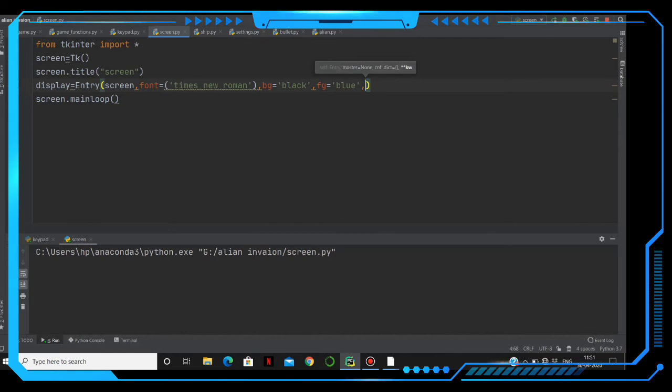And then we have to create justify here. Justify equals to right, and after this justify, we have to make text variable.